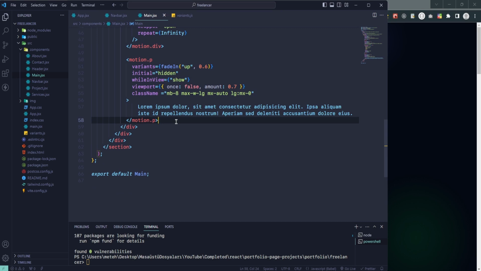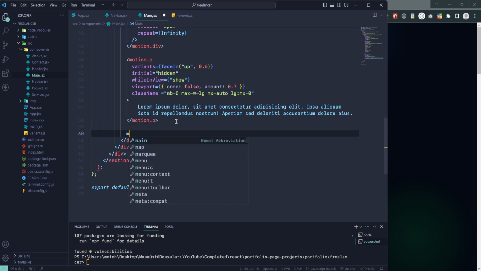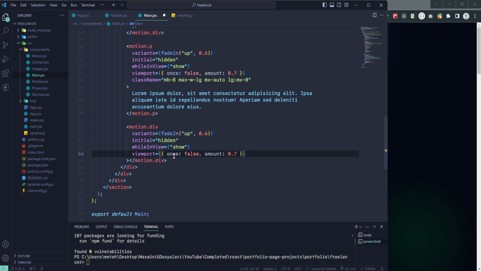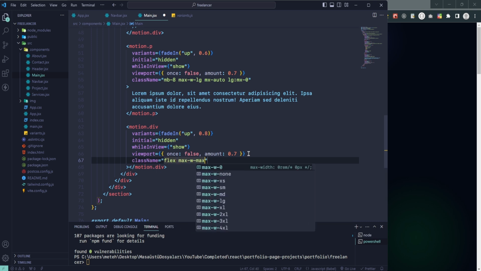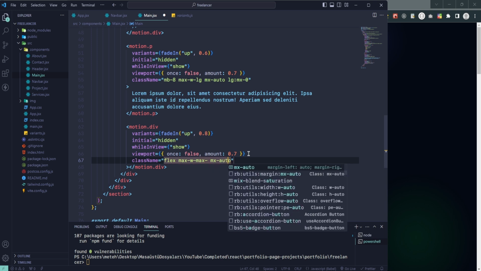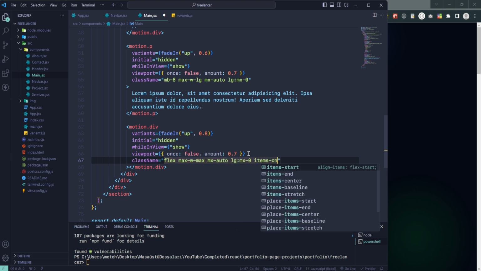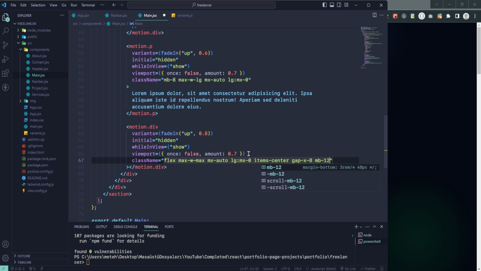And now I'm creating a div with motion and I will add 2 buttons here, motion div, and I copy these properties and I paste it, and fade in will be 0.8 and as a class I add a flex max width margin x auto and large margin x 0 and items center and gap x 8 margin bottom 12. Okay,